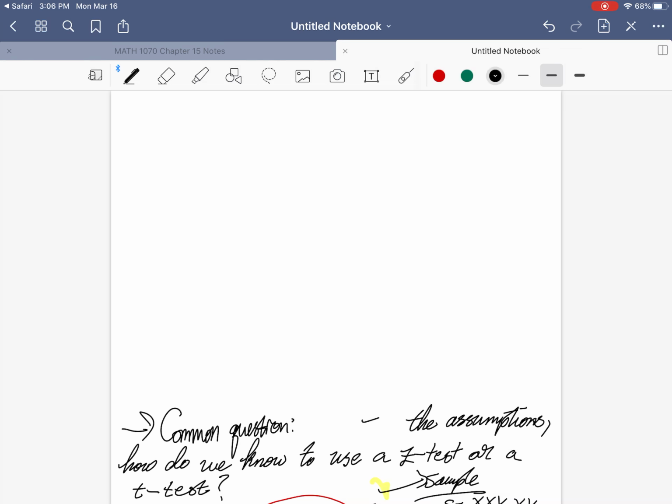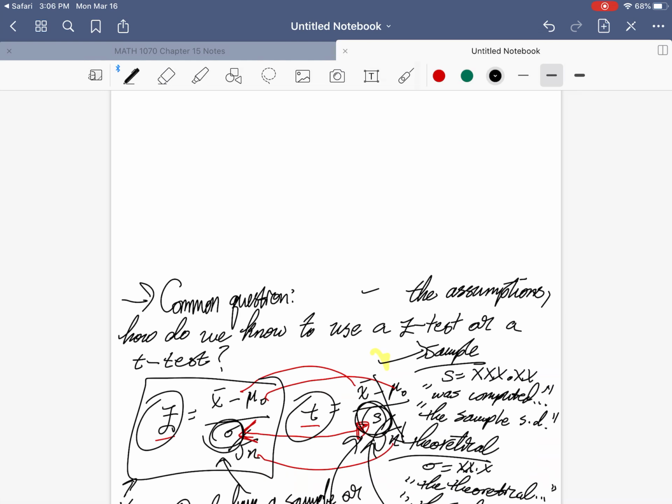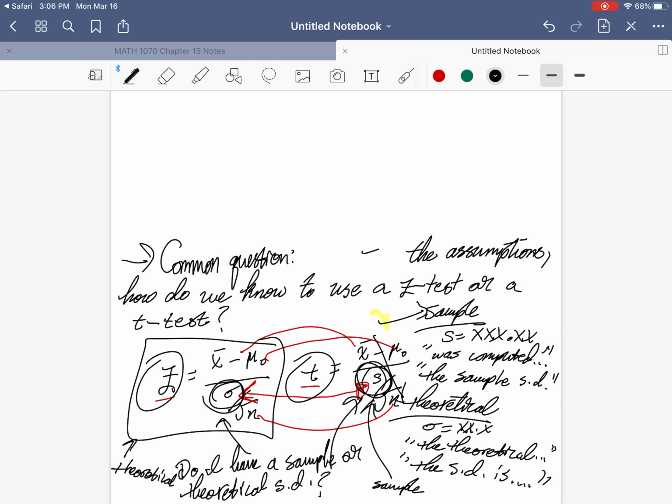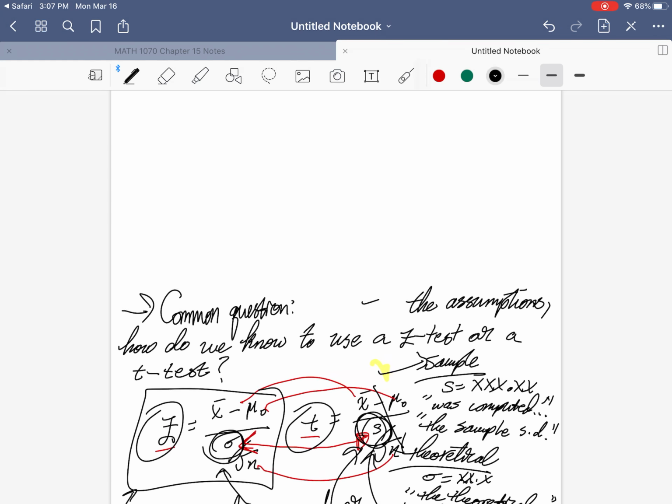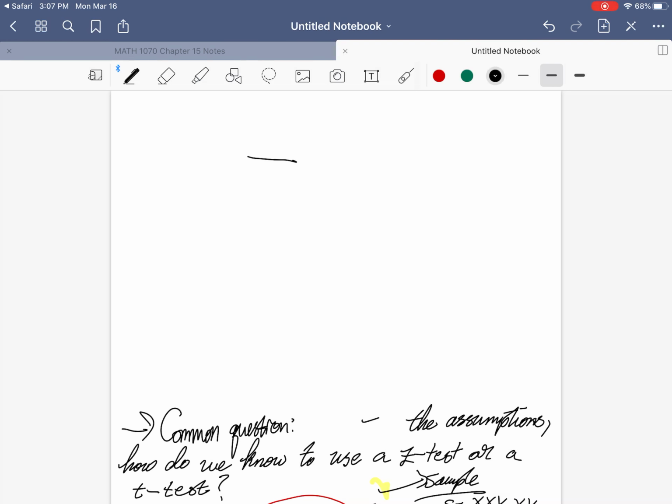As I said before, we're talking about the assumptions. How do we know to test for z-test? Sample was computed. As I said before, the reason this is so useful